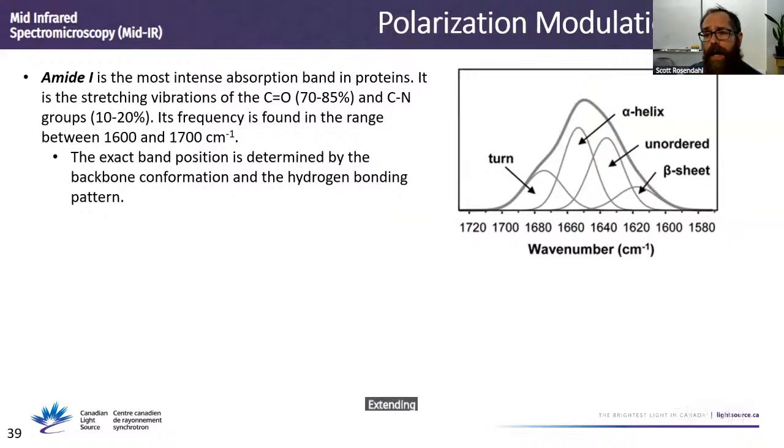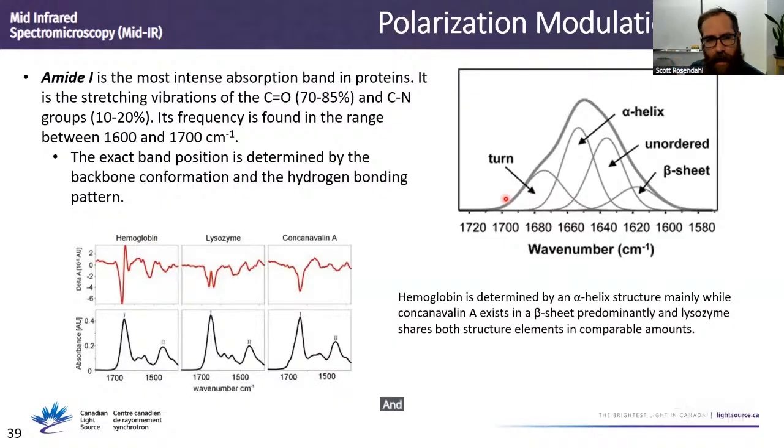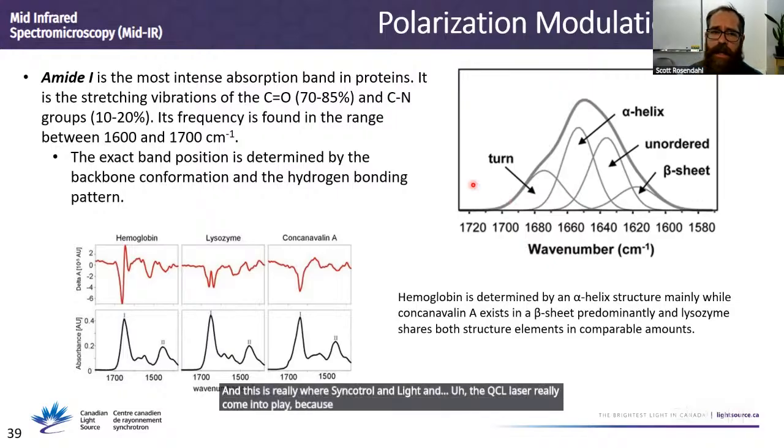Extending this out further into vibrational circular dichroism. Again, this is where we could start to get a lot more information down in the alpha helix and beta sheet, because again, one is more susceptible to the alpha helix kind of structure. And this is really where synchrotron light and the QCL laser really come into play, because these polarization techniques are very photon-starved experiments. And so you need a lot of photons in order to be able to do these, because